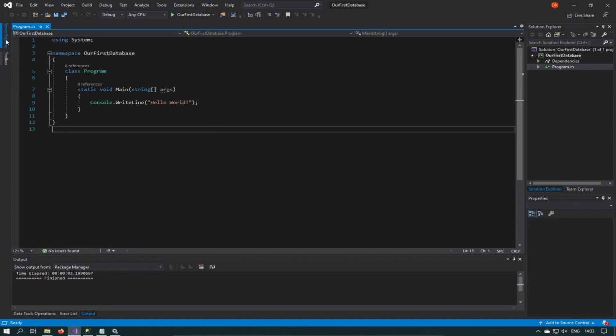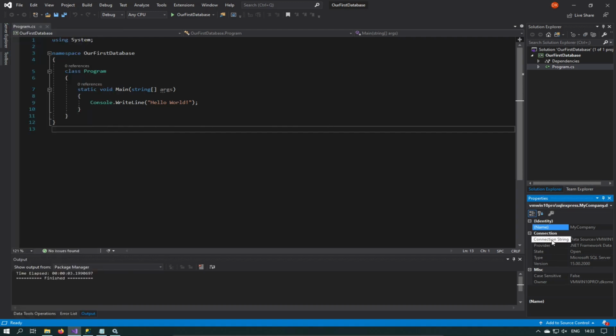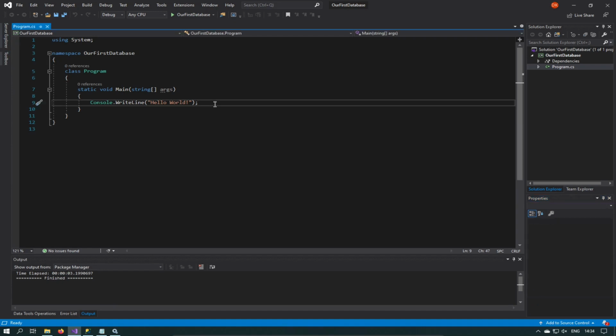So I think one of the first things you must do is just see what is the actual, what do you call it, the connection string, to actually connect to the database. All right, this is what your program is going to require. So if we go and look at, I think this is properties, there we go, connection string. All right, so we can just copy that entire row, all the way through to the end. All right, and if we just paste it here, for instance, just comment that line out and paste it,